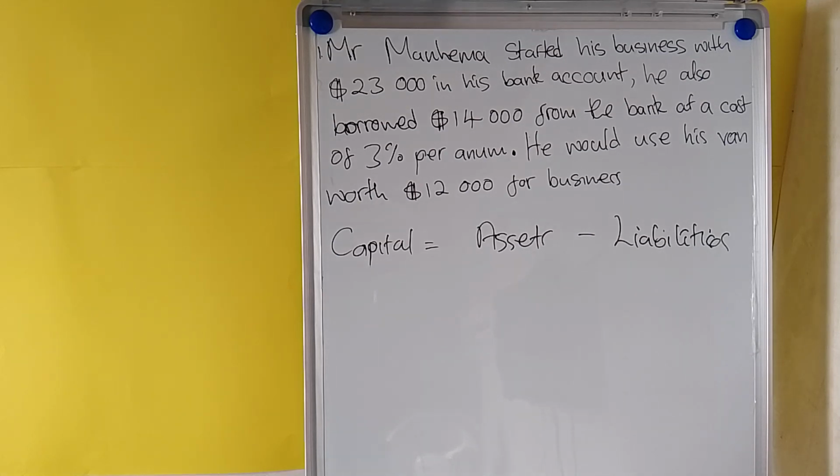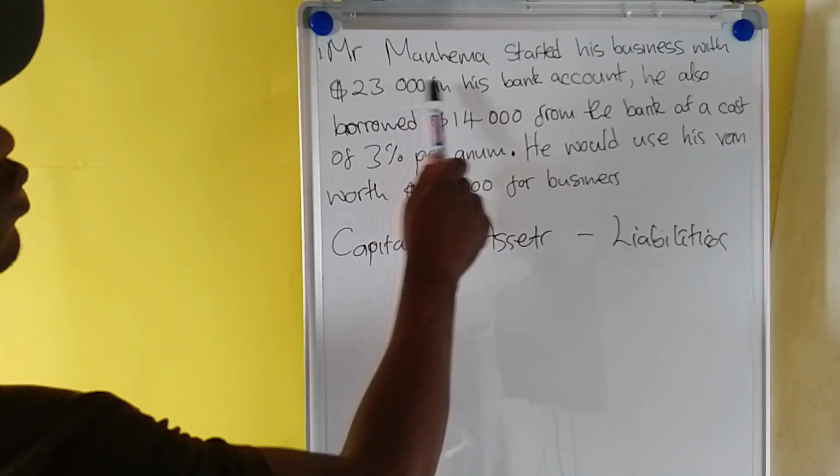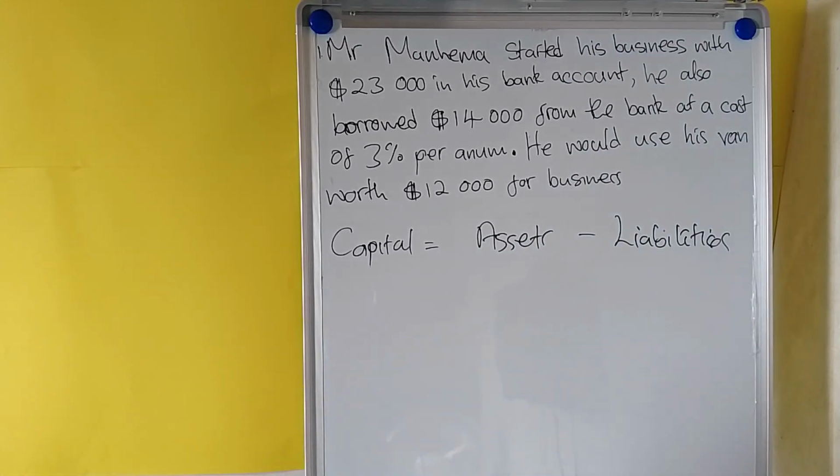Now each financial transaction that happens in accounting comes with two effects. It affects two accounts. So for example, Mr. Manema started his business with 23,000 in his bank account. Now let's look at the two accounts which are affected. Each transaction has a debit or a credit effect on the accounts. Now let's look at the first statement. It means